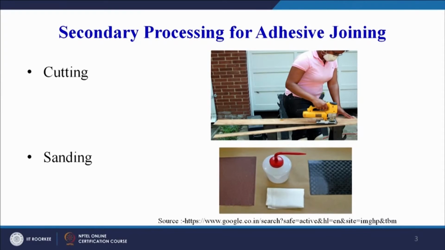So the first process most commonly used, as you can see on your screen, is the adhesive joining process. We have to first cut the parts as per the dimension, and then we have to do the sanding operation. Maybe that falls under the major category of edge preparation, and we will see the surface preparation or edge preparation for joining in detail when we study adhesive joining. So we are just going to highlight the two or three steps involved in adhesive joining. We cut the part, then we do the edge preparation, then application of adhesive on the adherent.